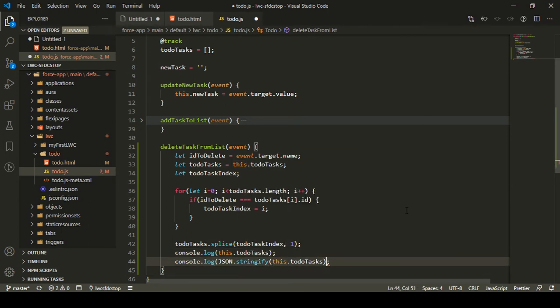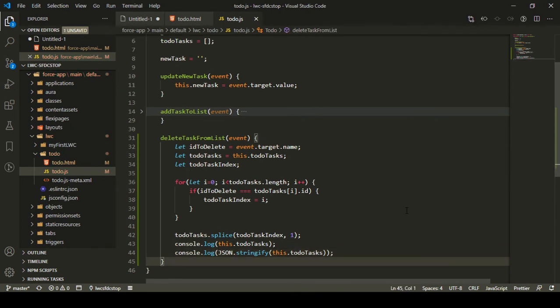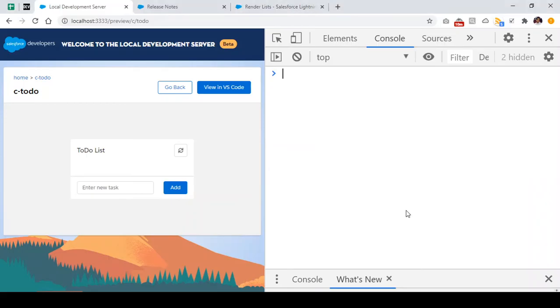Actually, whenever this JavaScript variable is stored in LWC or Salesforce Lightning, it is actually being stored as a proxy object. So that's why it is showing me proxy there. But I'll show you how you can actually get the data of that proxy whenever you are logging, right? So you can just do JSON.stringify, and it will show you everything that's there in the array in the JSON format. So we can see the values there, right?